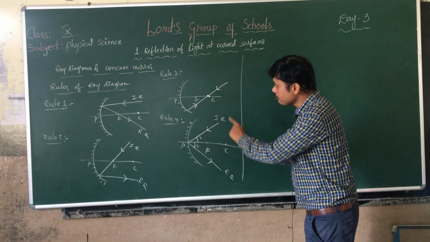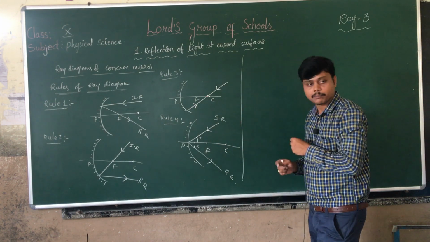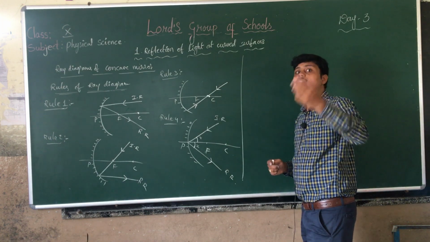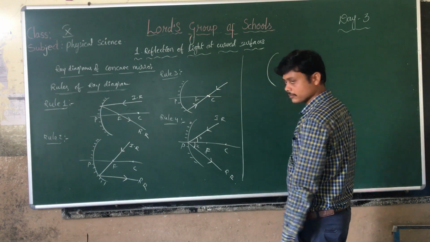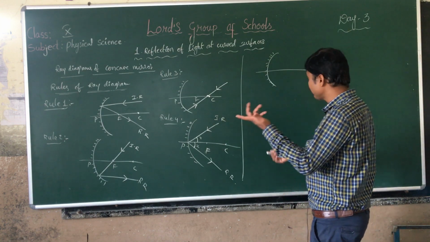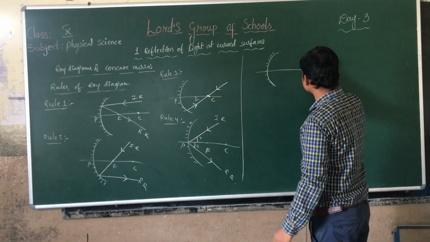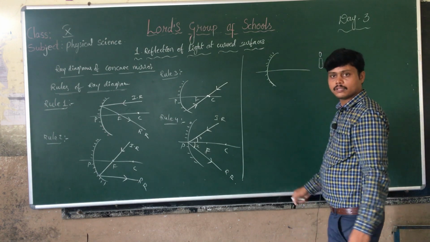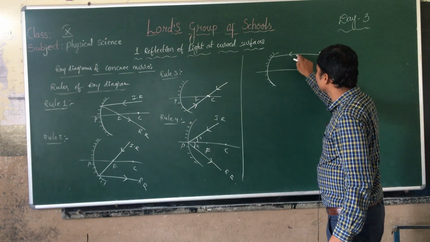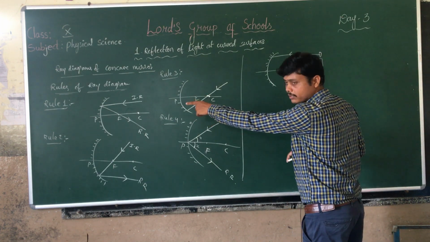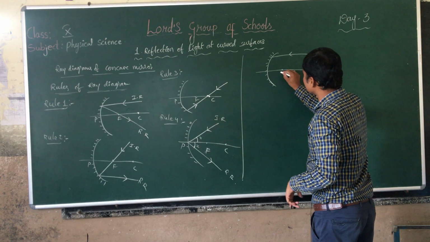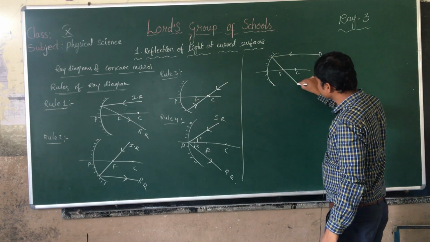See, in all these diagrams I have taken only one light ray and we got the reflected ray path. And I am explaining the ray diagram. Suppose I take a concave mirror, and this is the principal axis. Let us take the help of the rules of ray diagrams. There is an object here somewhere, and one light ray is falling on the concave mirror. Since it is parallel to the principal axis, it returns back. Now which rule should we use here? Rule 1. What is that? Incident ray parallel, reflected ray passing through focus. Let us assume this is the focus here, and this is the center of curvature. Obviously it is going like this.